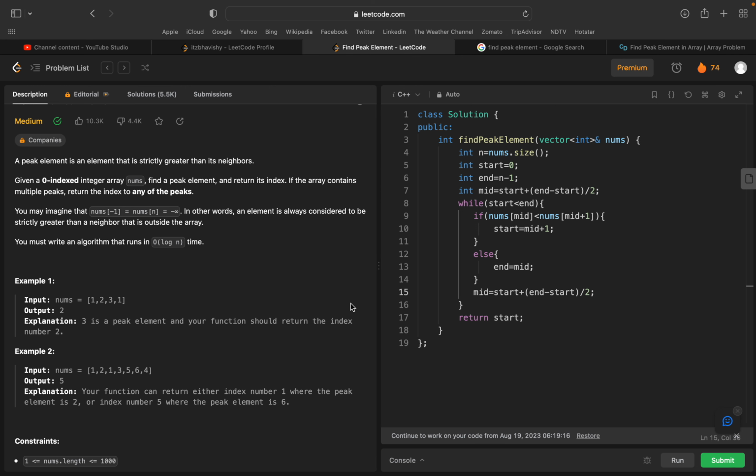As naturally, binary search takes time complexity of O of log n. We can do this question in O of n time by linear search, but we apply binary search to decrease the time. And look at this, it is monotonically increasing or decreasing, so we can easily apply binary search. The first intuition that comes to mind should be binary search because it takes O of log n time, which is better than O of n. Okay, so that's done.